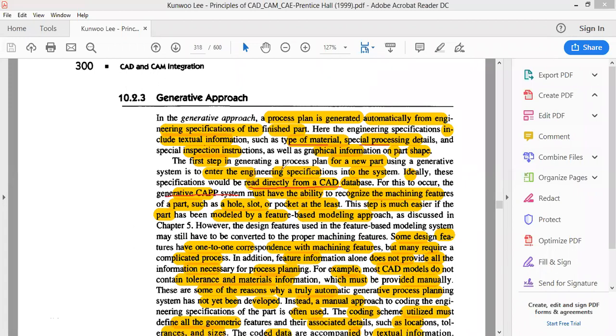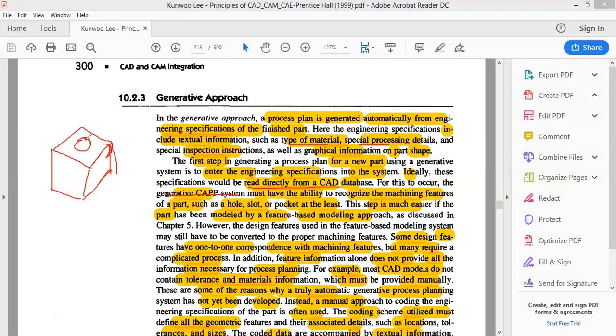The advantage here is that, for example, say we have a cube, just taking a simple example, and let us assume the dimensions of this cube are given. There is a through hole to be made for a particular diameter. When this CAD file is read, it is not only going to take the data of the cube, it is also going to identify the other features. Do we have a fillet in this particular region? Is there a hole? What is the depth of the hole? What is the diameter of the hole? All these features it is going to capture. It is going to identify most of the things on its own.